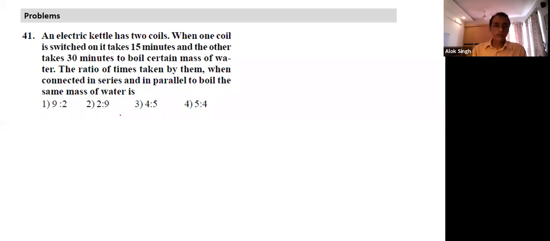See, what we find is that there are certain questions which are on ratio. Ratio between what? It is two things we have to express a ratio of: time T and R. Whenever you have a ratio, we need an equation in terms of time and resistance. How do we get a time and resistance equation? Because we know power into time is equal to Q. What we notice here is that Q is constant. Heat energy is constant.